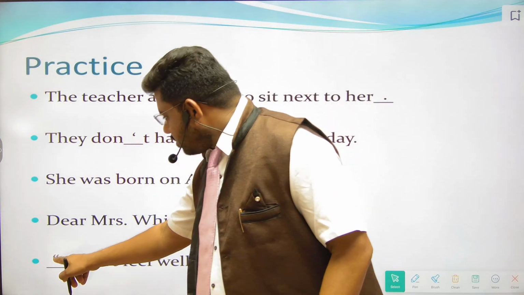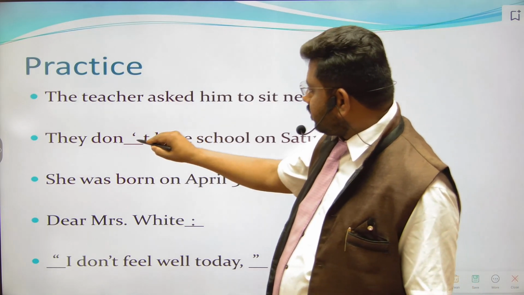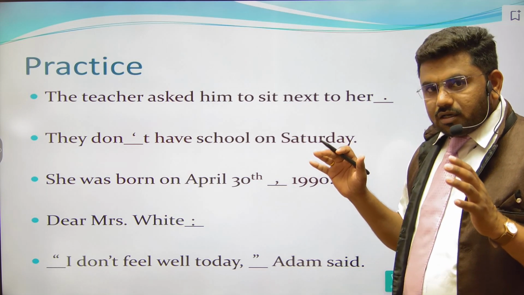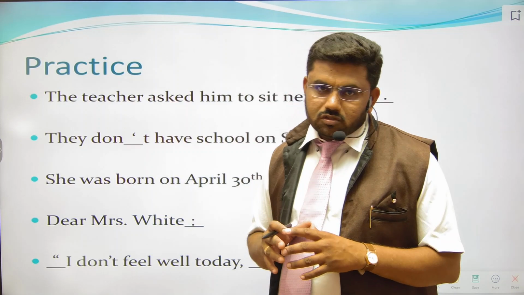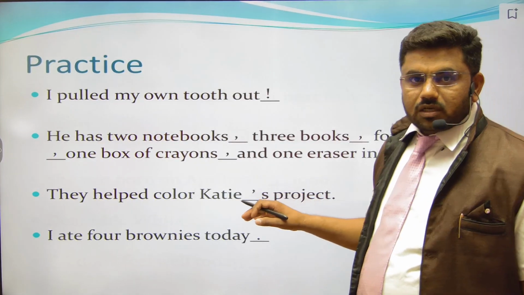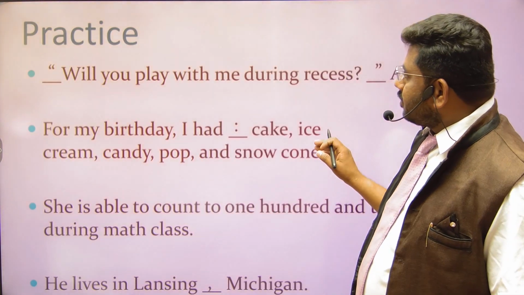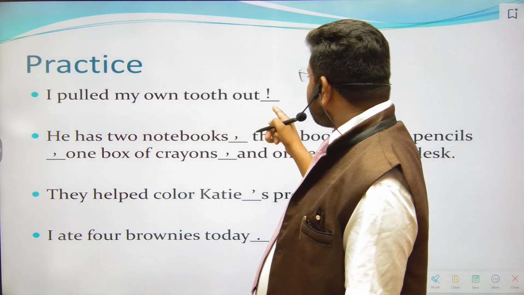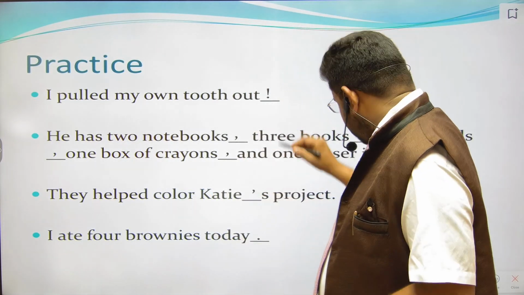Here we have put this apostrophe, and here is the one with inverted commas, double inverted commas, single inverted commas, which we have to study, and that also we have given here. And in this way we have studied about the various punctuation marks. See, here are also some questions given. I pulled my own tooth out. Here also we have put